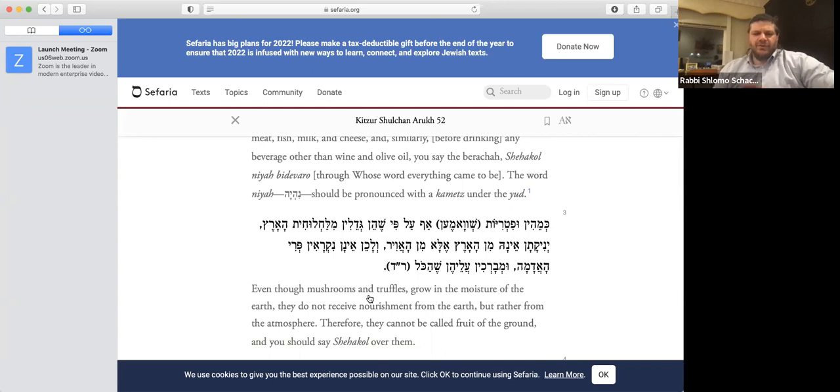Even though mushrooms and truffles grow in the moisture of the earth, they do not receive nourishment from the earth. The rabbinic understanding of fungi is that they're not plants, and that is correct according to modern science, and that they don't draw their sustenance from the earth in the same way that plants do. Rather, their understanding was that they receive nourishment not from the earth, but through the atmosphere. They pull it in above the ground, through the air, and therefore you should not make a borei pri ha'adama on mushrooms or